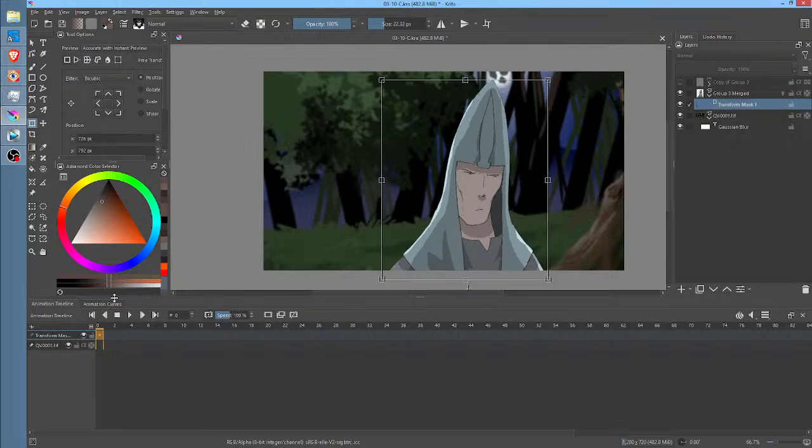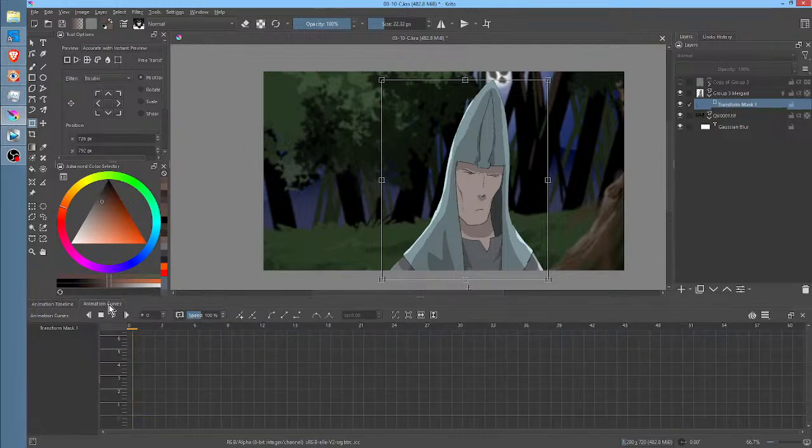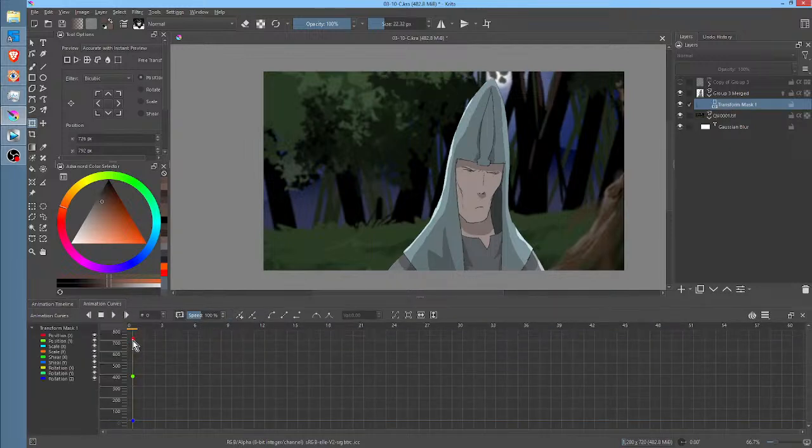It was this. Whenever I'm using a transform mask, what I do is I go into the animation curves and I hit the plus sign and I add a keyframe here. In my experience, again, the latest version of Krita may be different, but for the most part, there are so many things that are incomplete or just don't work the way you would think at all in this animation curves that it's, for me, functionally useless.